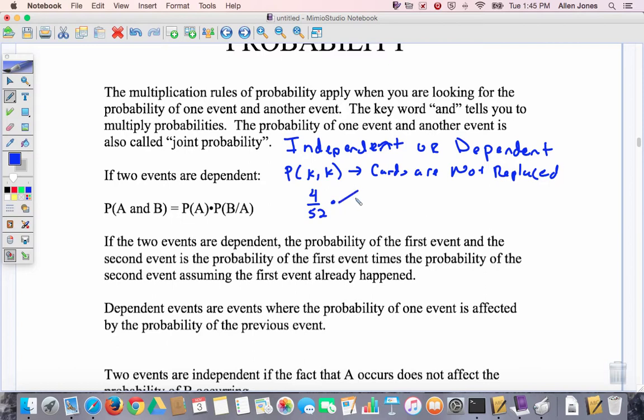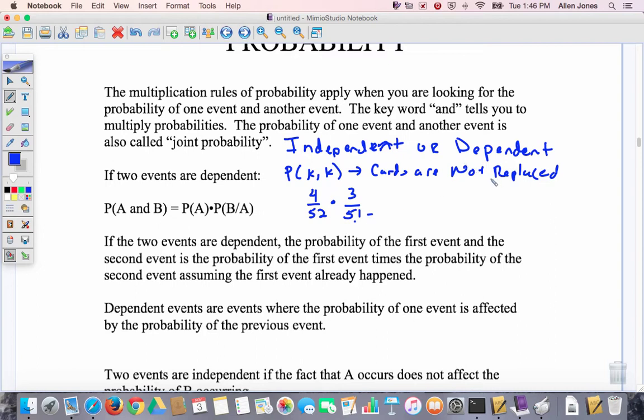Now, in order to move on, the first card had to be a king. So we pulled out a king. There's only 3 kings that are left. We didn't put it back in, so there's 51 total cards that are left. Notice the outcome of the second event was dependent on what happened with the first event, hence the name